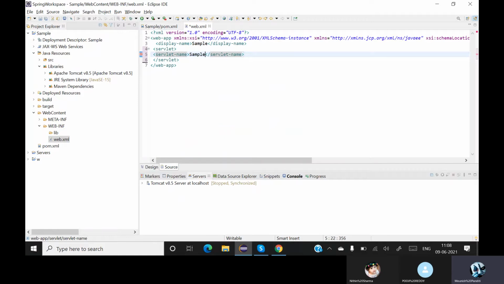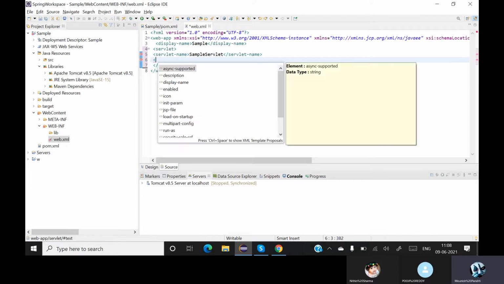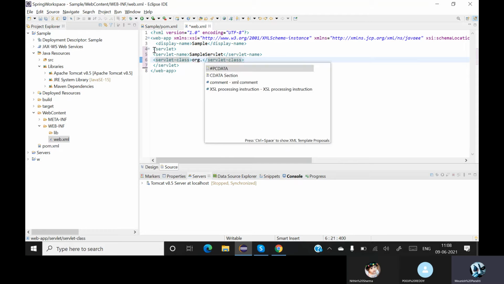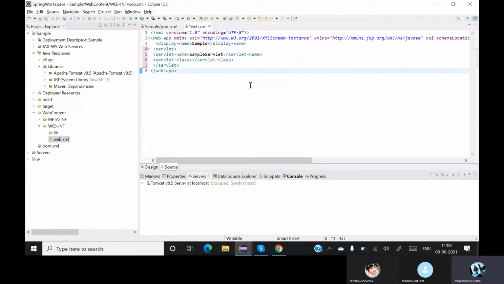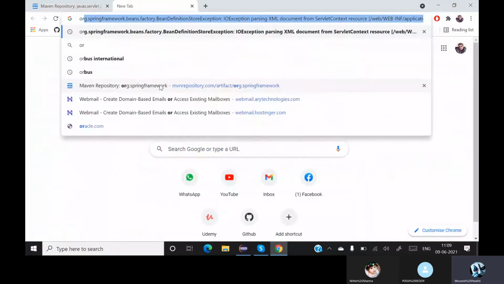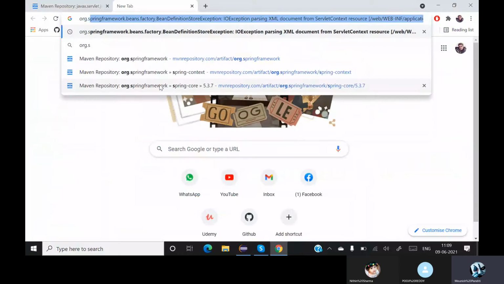Servlet name can be anything. So I'll simply give it as sample servlet. And now the important thing is we need a servlet class. Okay. So the servlet class, let us say that I'm taking it from org. So not to get confused over here, servlet class, go to Google, we need the request dispatcher servlet. Okay, so go to org.springframework.